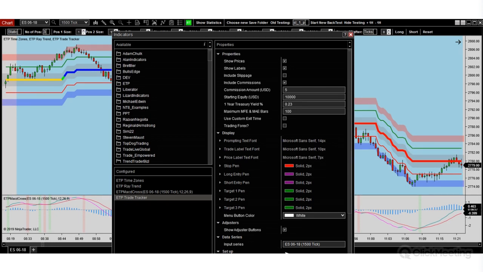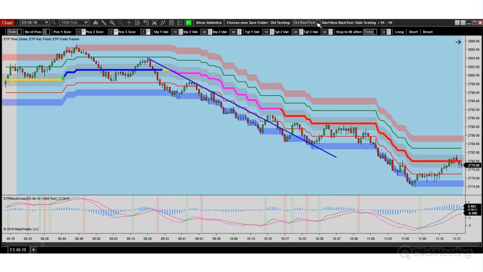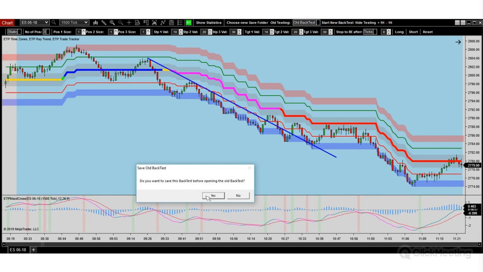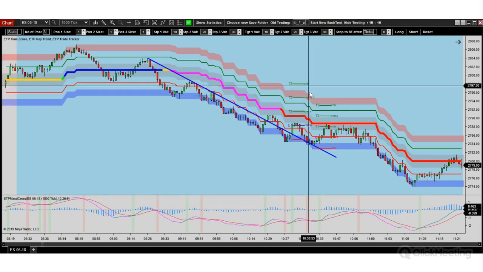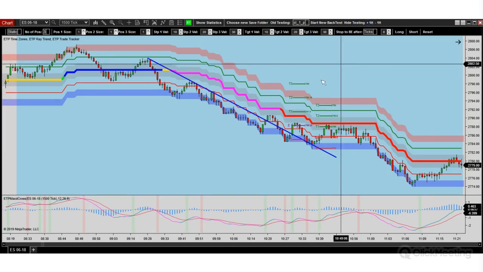Okay, so these adjuster buttons, what they do, so when you have your backtesting on the chart, all you have to do is click the drop-down menu, and right now you're set to old backtest. Right, when you put it on the chart, you're actually set to old backtest. To select our backtest, it's the SL_1_P. So once you select that, and obviously that's really up to you if you want to save the old backtest or not. Click yes. Then